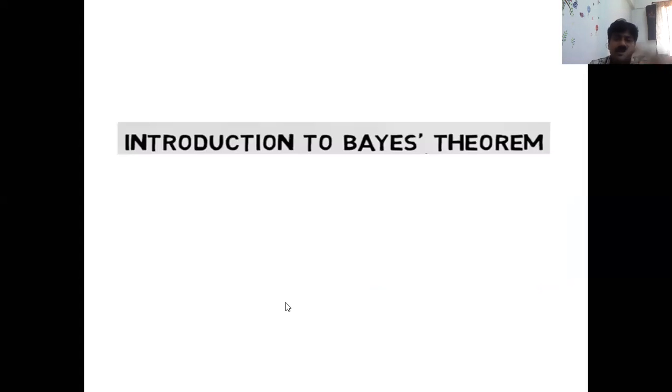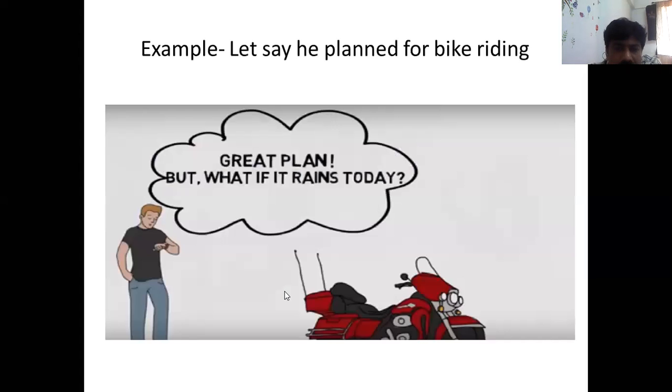Now the next topic is an introduction to the Bayes theorem. As we are aware, Bayes theorem is about conditional probability, right? So probability of A by B. In that, we are computing the probability of A given that B has occurred, right? I think in a previous lecture also we have gone through this topic. I'm going through it again because in unit number 5 it comes with a different example.